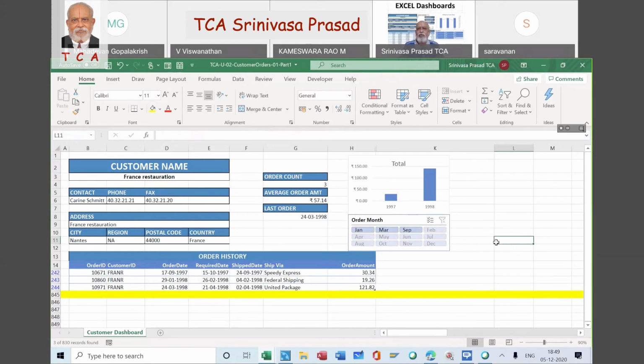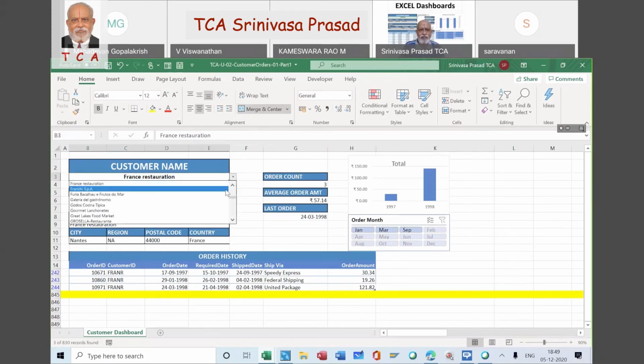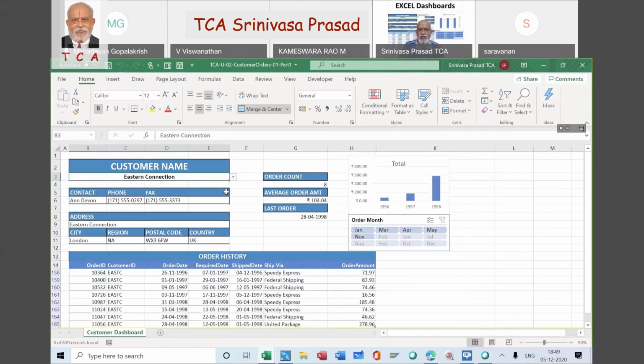Yes or no? Otherwise it was not looking very good. Now to some extent, let's go and see the Eastern command, which has more numbers. Now you see the changes and all. So it is up to you. If you want, you can change everything to align with the graph, or you can change the graph to come here.